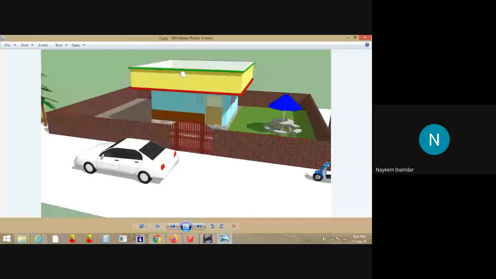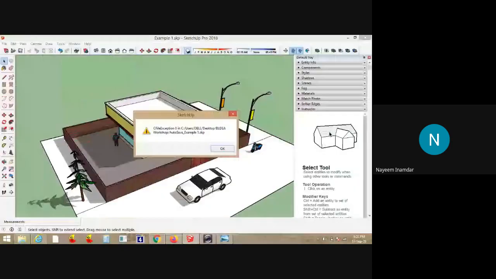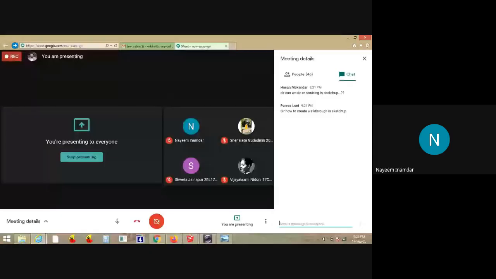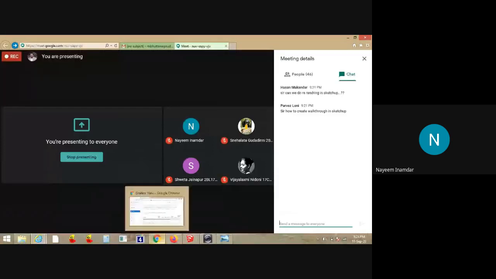That much of rendering that is available in 3ds Max and other software is not available in SketchUp. This much is enough for us to show how the building looks, because this is very easy software and freely available. Even I have shared this SketchUp software. Otherwise, you will get only a 1 month free trial on the internet. So is this clear about rendering? Hassan,